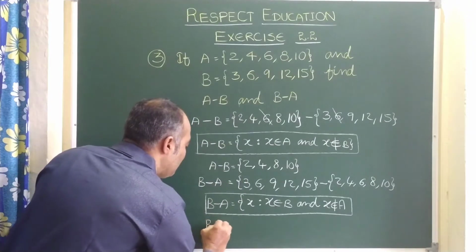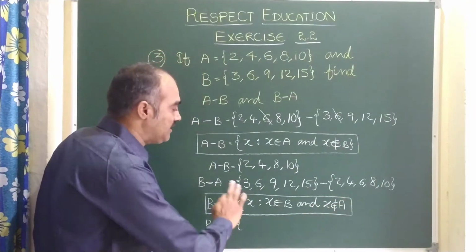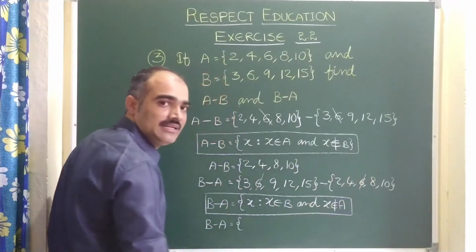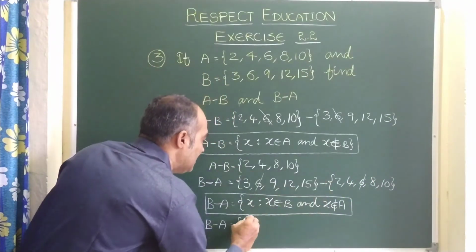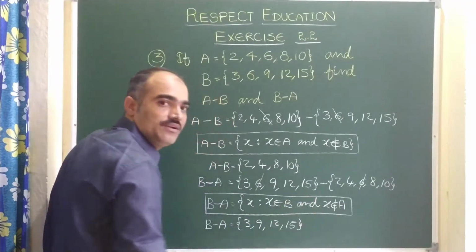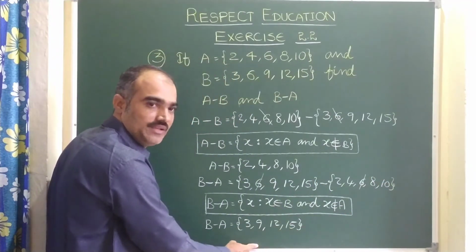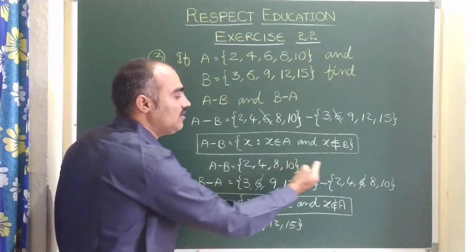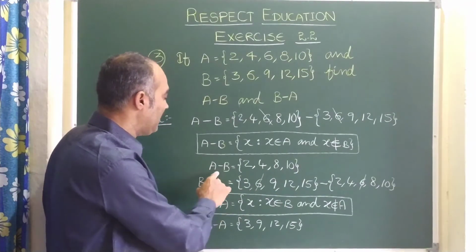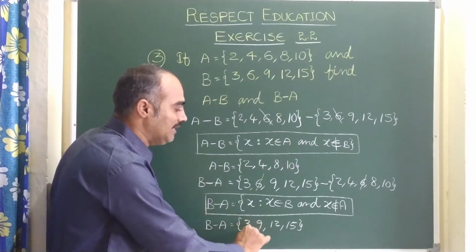Let us write those elements now which are there in B but not in A. Or else, I have told you one method: which is common, you cancel them. 3 is not in common, only 6 is in common. So let us cancel that and write the remaining numbers in the first set. So here 3, 9, 12 and 15. You need not bother about the second set. The elements belong to the first set only. Same way, you see 3 is there in B, that is not there in A. Like that you check elements, all elements follow the same rule. So this is what we need to find. A minus B is {2, 4, 8, 10} and B minus A is {3, 9, 12, 15}.